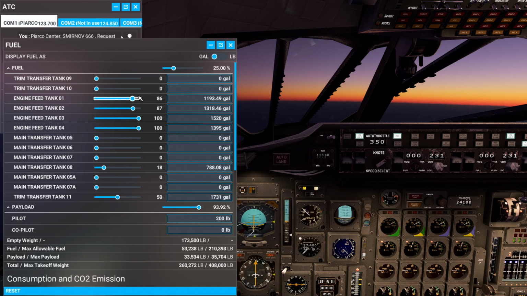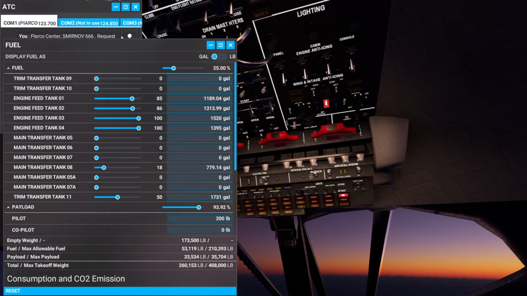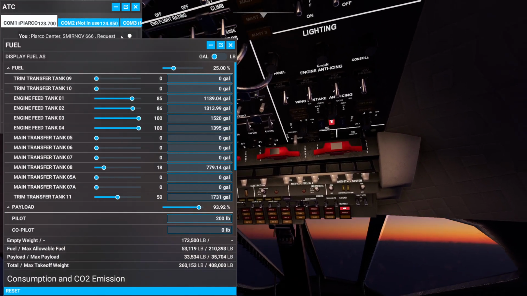Okay, we have some fuel in transfer tank 8, and we keep descending. Our CG point is right there, but I think we can go ahead and start initiating the transfer of the fuel from this trim transfer tank 11 forward. So to do that, I'm going to go ahead and come over to this view here,